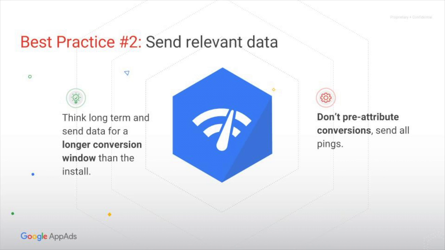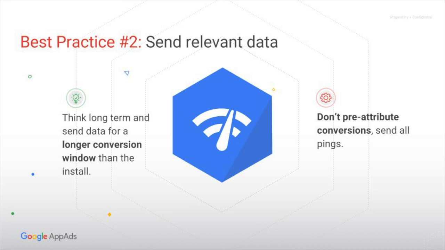So by setting a default conversion window, you're telling us how long to wait for conversions between the click and the event that happens. Installs are always set to a 30-day conversion window, but we actually recommend setting in-app events to 90 days. That's really important because we notice for app users specifically, it's different if you're used to